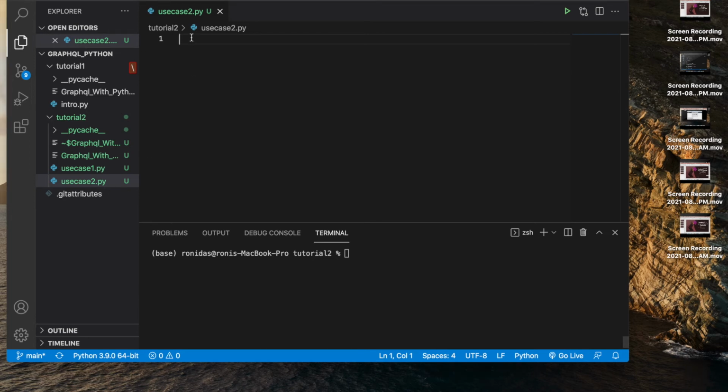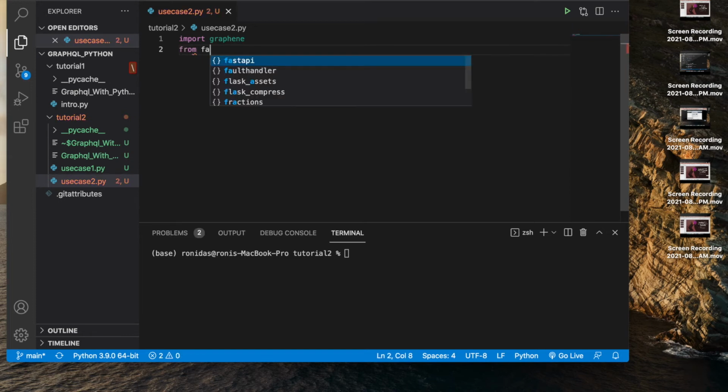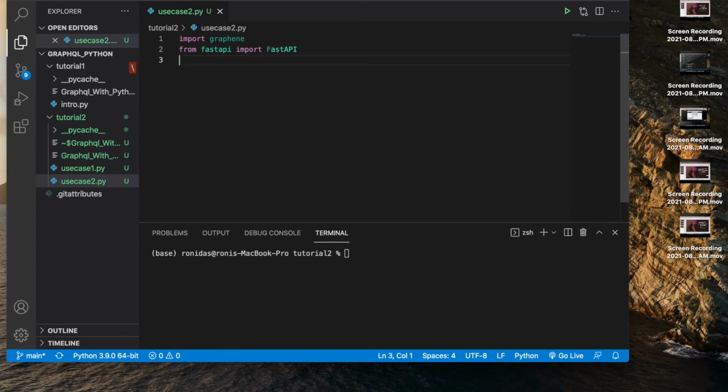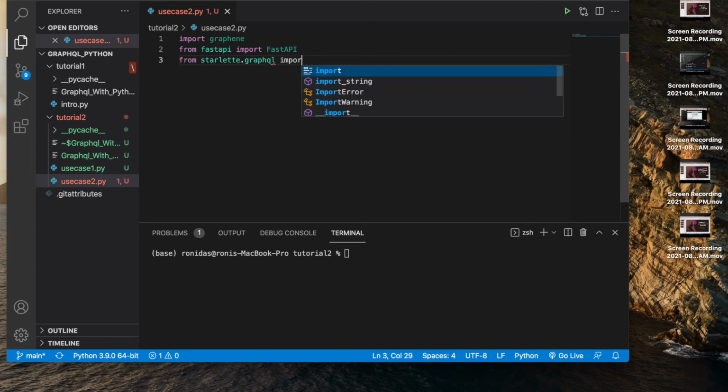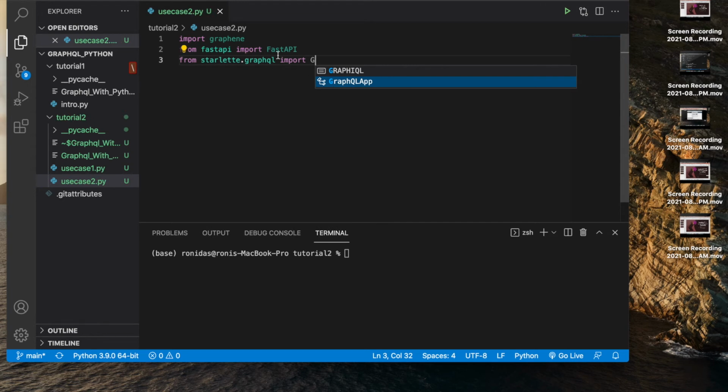So first thing first, maybe I can write import graphene. And after that I can write from fastapi import FastAPI, and after that from starlette.graphql import GraphQLApp.